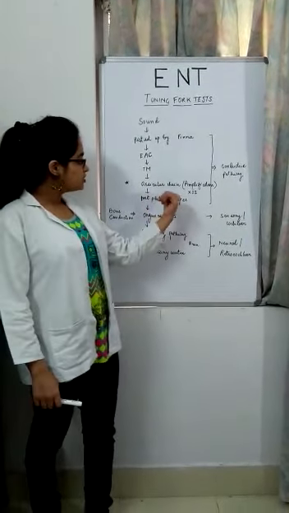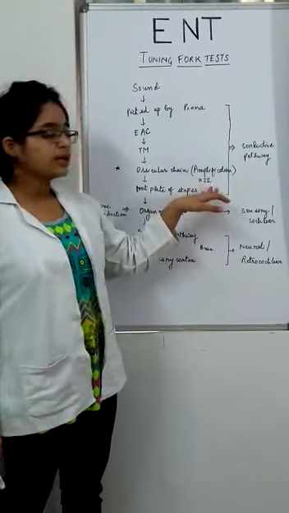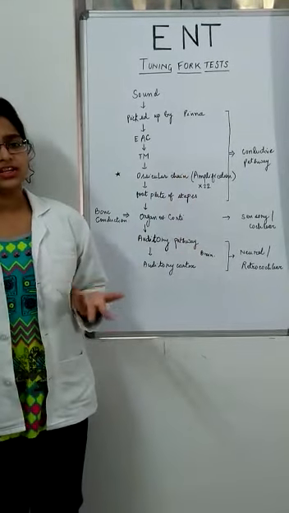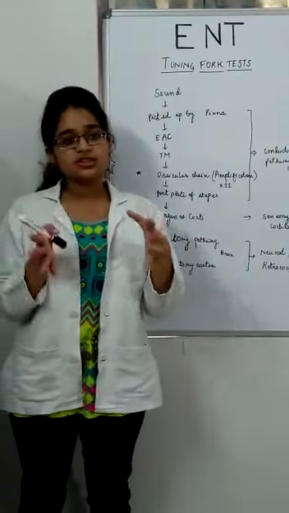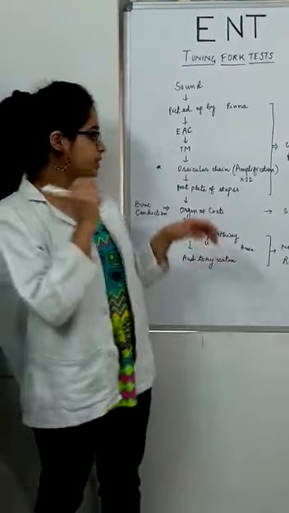Another thing I want to indicate here is that amplification occurs at the level of the middle ear, because we have the ossicular chain. How much is the amplification of the sound that is occurring? It is 22 times. Why does this amplification occur? Because there is a change in the phase. That is, the sound is coming from the air and it has to enter into the cochlea.